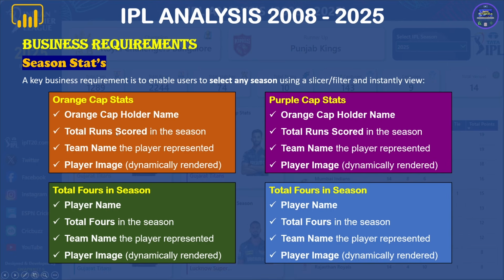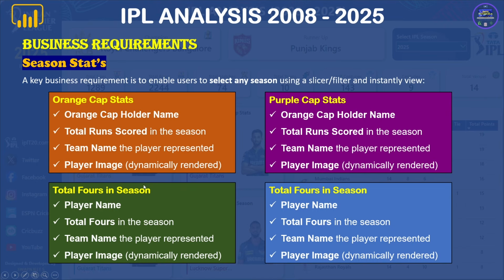So we have to find out the orange cap holder, the total runs he scored in that particular season, the team that player represented, and the player image. And again, it should be dynamically rendered as the season is changed by the user. Second, we are going to find out the purple cap stats. Purple cap is given to the player who has taken the maximum number of wickets in a season. Here there is a typo, it should be purple cap holder, so ignore that. Also it should not be total runs, it should be total wickets he took in that particular season. Then the team name he represented, and the player image which should be